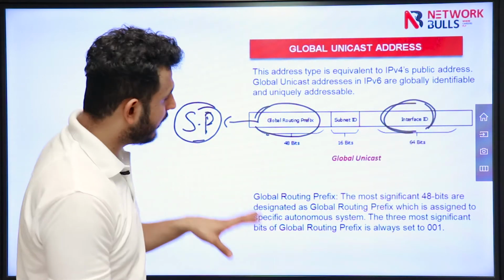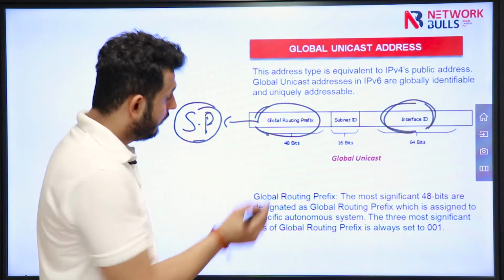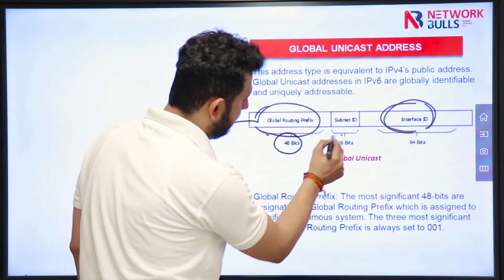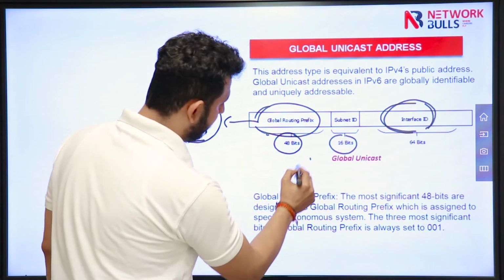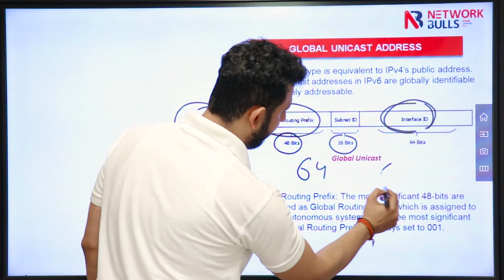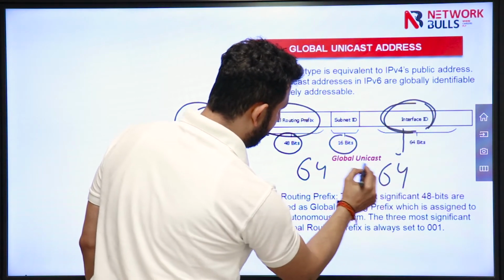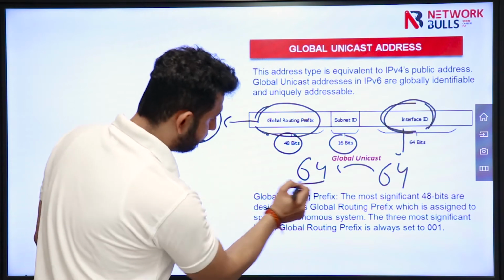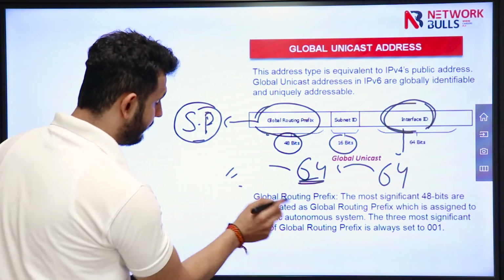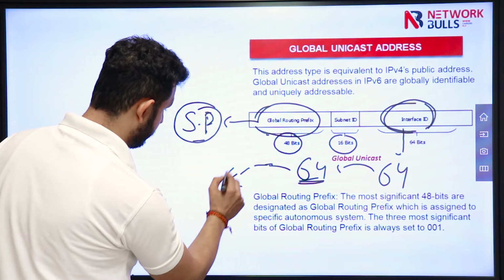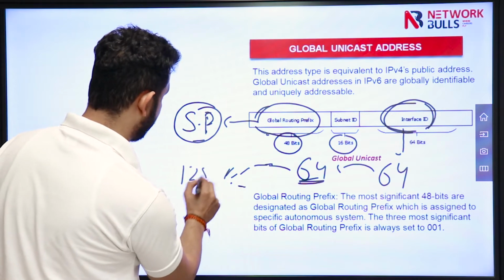So in total, if we count 48 plus 16, it will be 64, and the device will add its 64-bit interface ID to this particular address and it will become a 128-bit address.